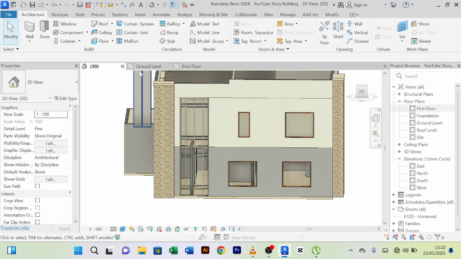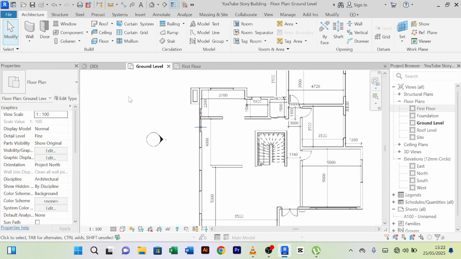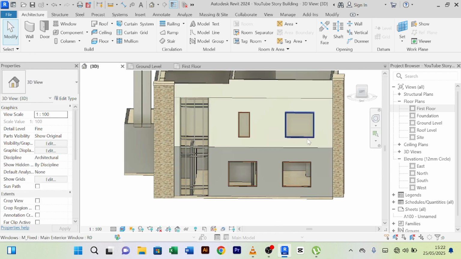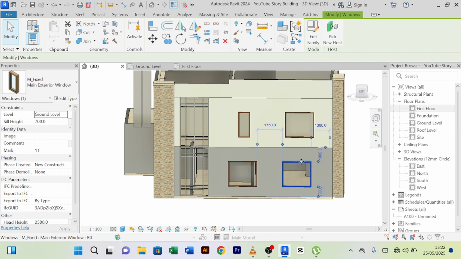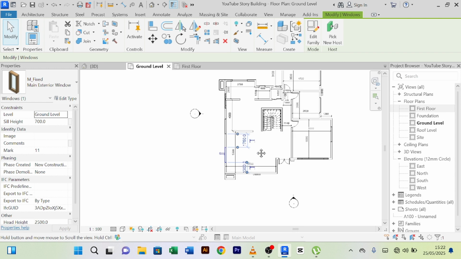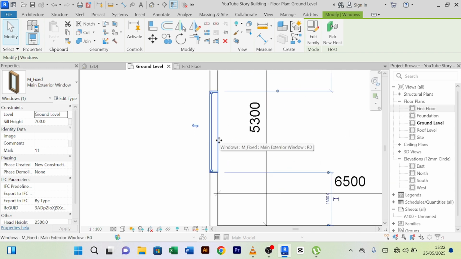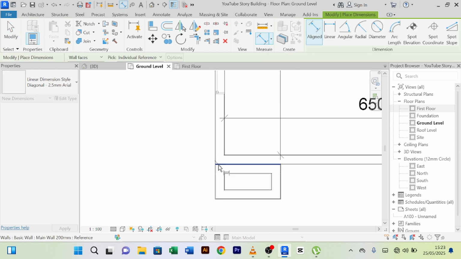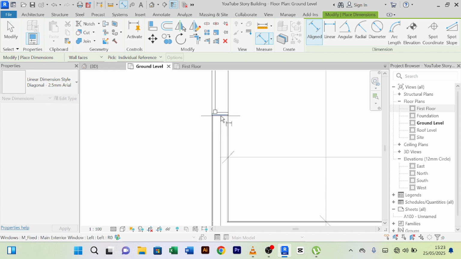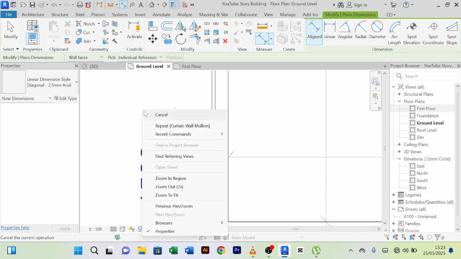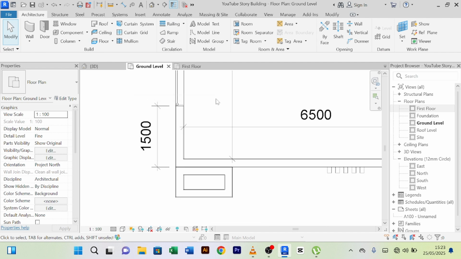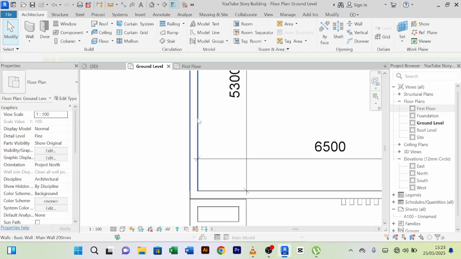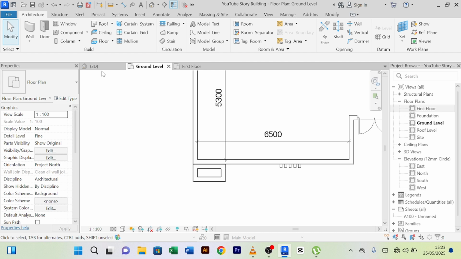Then I'll come to ground floor. Let me first go to 3D and select the door, the window. Then I go to 3D, the window is here. So we're going to delete this window. Before we delete it, we need to know the distance from here to the window. The distance is 1.5. So we're going to delete this window since we know the distance. Then we click on the wall,